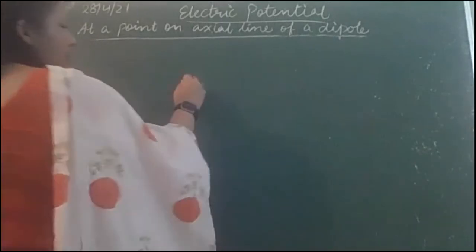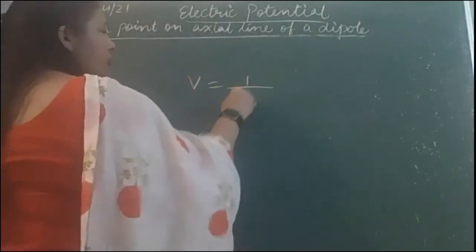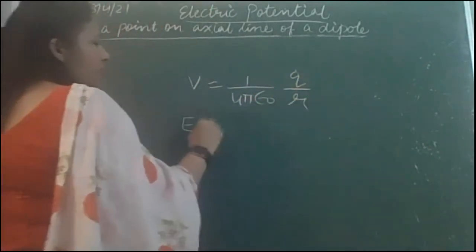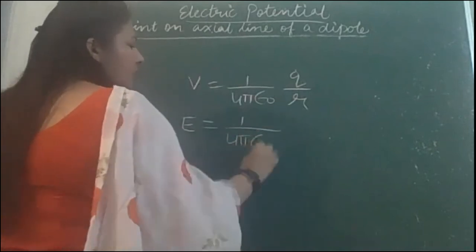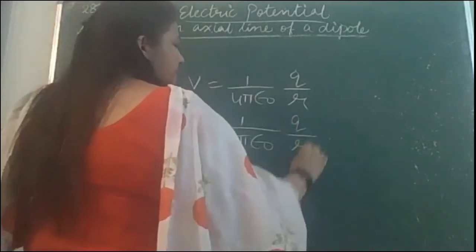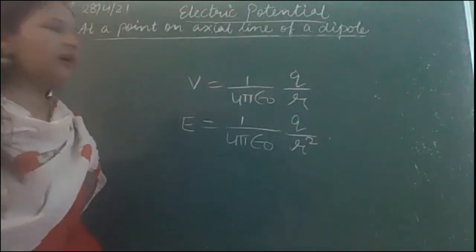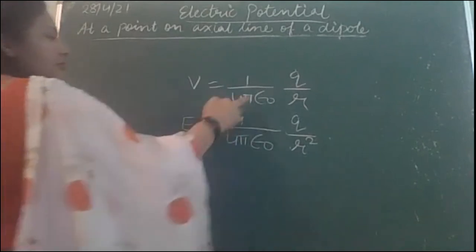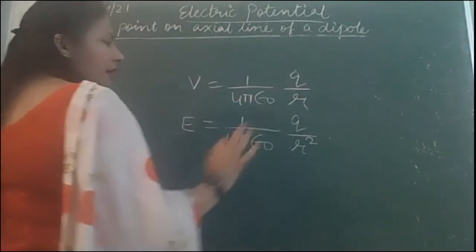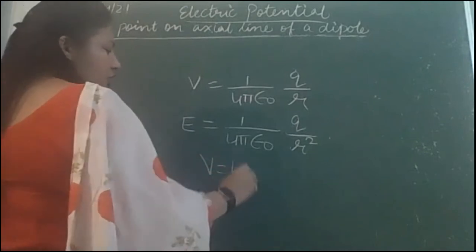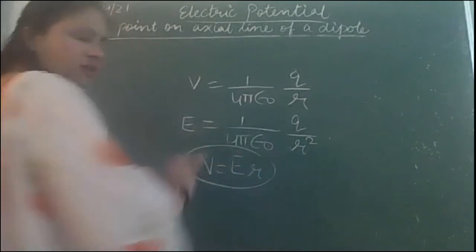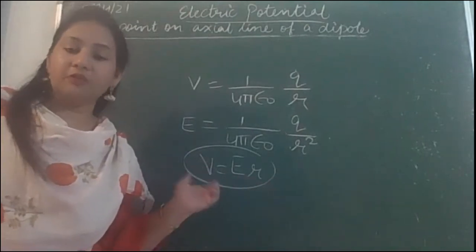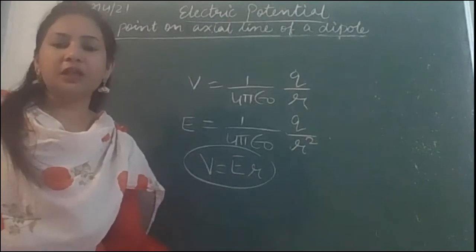ठीक है. Potential, the formula is 1 over 4 pi epsilon naught q by r, we derived yesterday, and electric field is k q by r square. V is kq by r and E is kq by r square, you know that. So when you divide, 1 over 4 pi epsilon naught, q and 1 r get cancelled, and we get the relationship between, roughly we are just calculating this, we are just making out V is equal to ER, that is the relation between potential and electric field intensity.